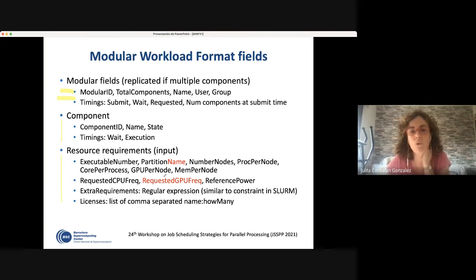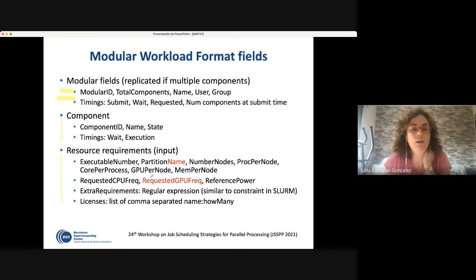Of course, we can always see that there is something missing or something that is not needed. For instance, I have included in the presentation the requested GPU frequency, which was not in the paper, and this is what is in red, because I think we missed including it. We had something about CPU frequency, but not GPU, and that's typically already existing in the schedulers. Or there was a comment in the reviews about the partition, why a name, not a number. I think using names is not a problem, but it will also not be a problem using numbers for that, okay?